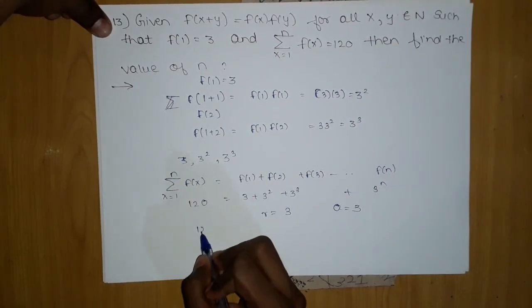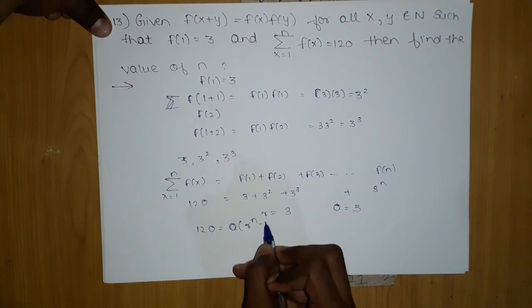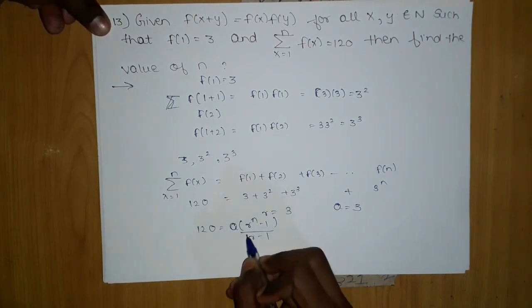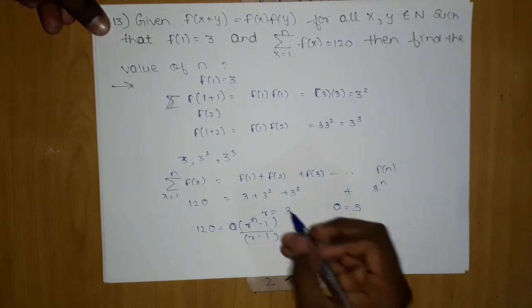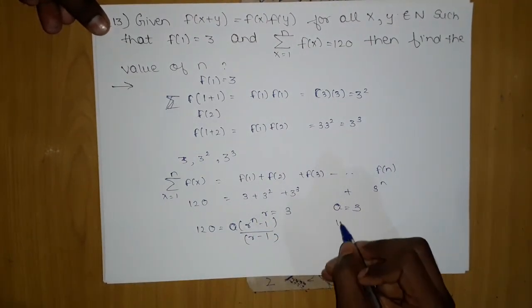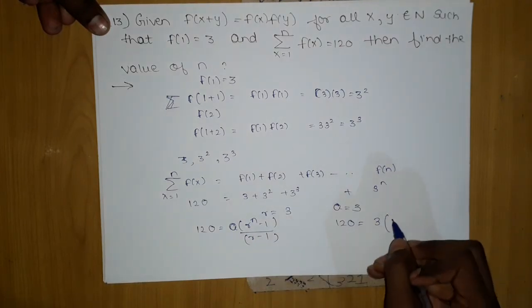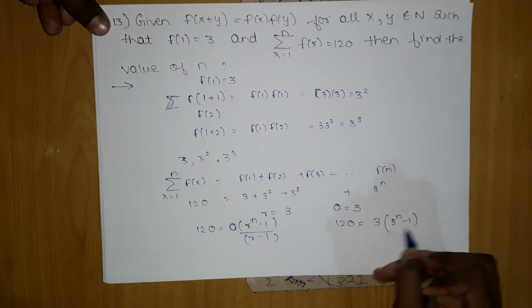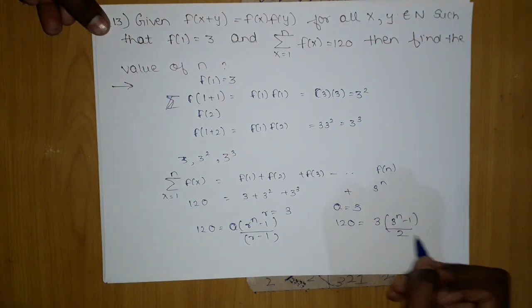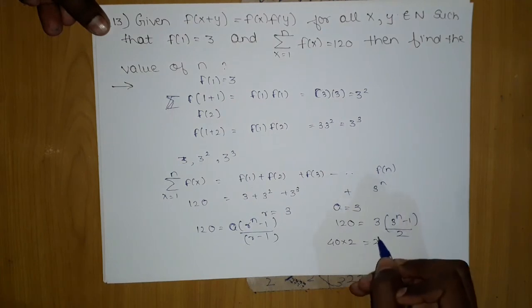Okay, so 120 is applying some formula, which is a into r to the power n minus 1 upon r minus 1. Because r is greater than 1, we applied this version of the Sn formula. So 120 should be equal to 3 into r, which is 3, 3 to the power n minus 1 upon 3 minus 1, which will be 2, and here this will cancel out giving me 40 into 2, which is nothing but 2 to the power n, sorry, 3 to the power n minus 1,